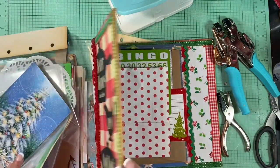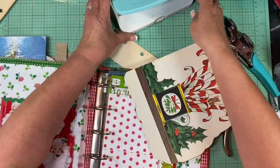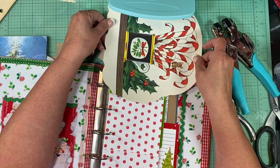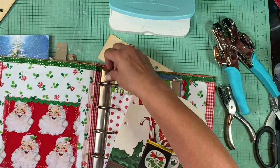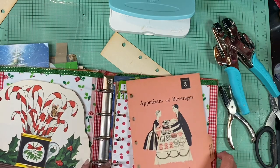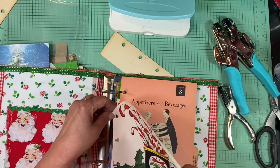Let's see. Also, the other things you may want to put in there, let's say, for instance, this is a children's book page. You know, you could put that in there. This is a Richard Scarry book, and it has an interesting little thing. You kind of want to put it kind of in the middle. So we're going to punch that. You could put that. Now, of course, you're going to put your other pages in between, like these pages and your other, you know, like you would put that in there with your other pages. And then let's say, for instance, you would have that. Okay, just like you would with a journal. Okay,